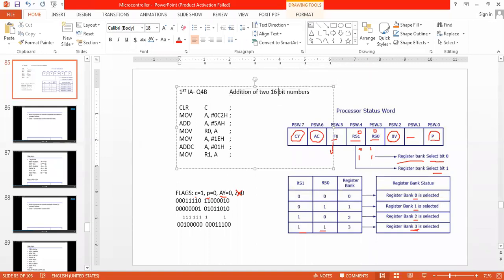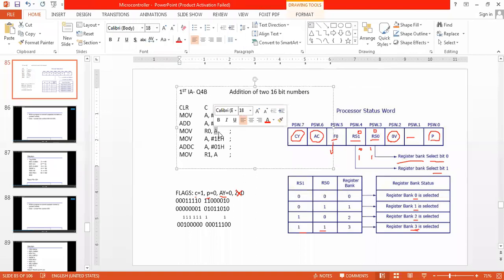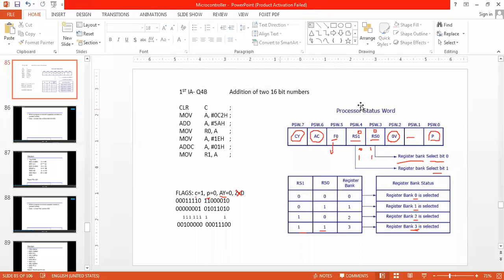We know that each register size is 8 bits. When it comes to 8-bit addition, it will be very easy.